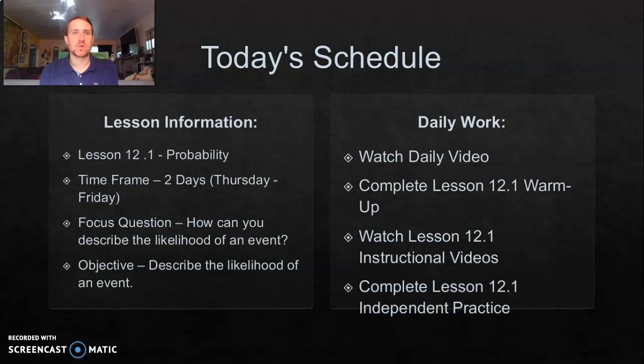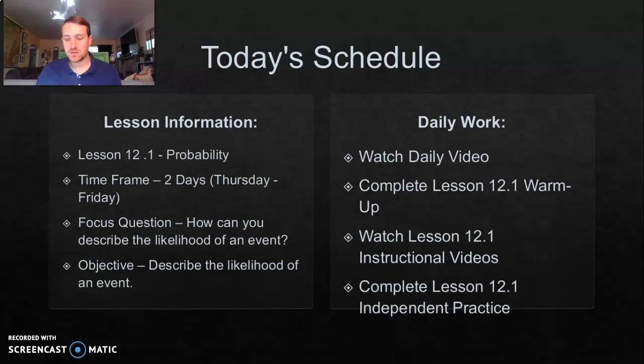But experimental means you actually do the experiment, you actually take a coin and flip it. And you probably know that when you flip the coin, just because you should land on heads 50% of the time doesn't mean you're always going to land on heads 50% of the time. So that's the difference here. As we're going through this lesson in particular, we're describing the likelihood of an event,